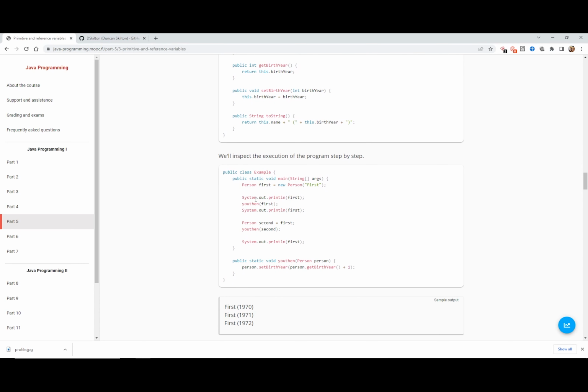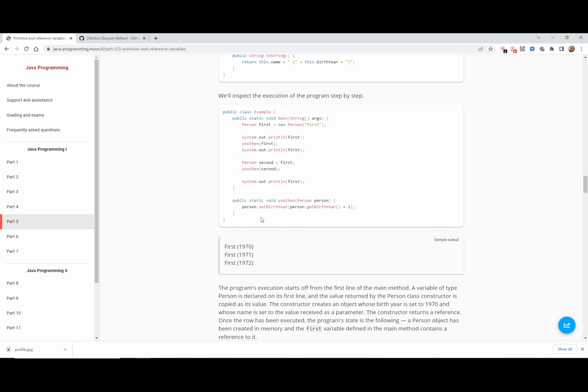From there, we are System.out.printing first, so we get first 1970, and the reason we get this and not a reference is because we've got this toString here. You can see that we formatted it so that it prints out the name plus bracket, the year plus bracket, etc. Then we've got the makeOlder method, which is being called from down here, and we are passing